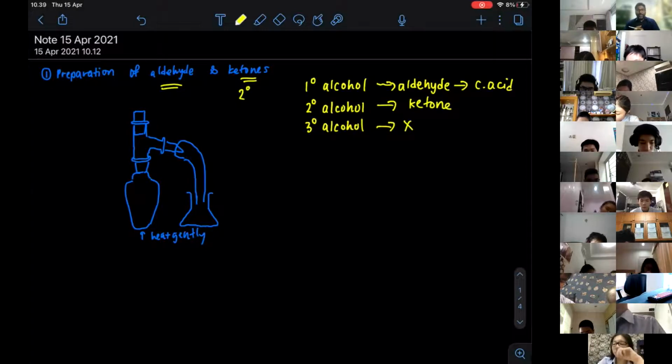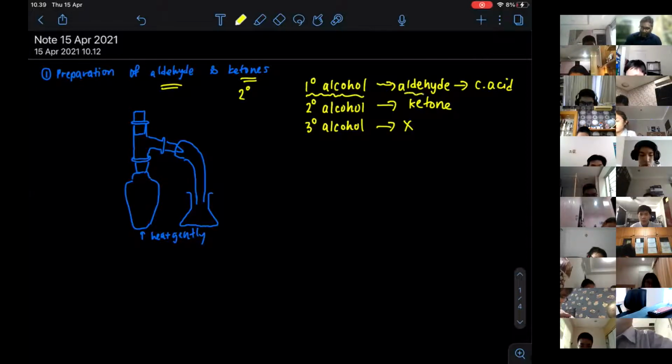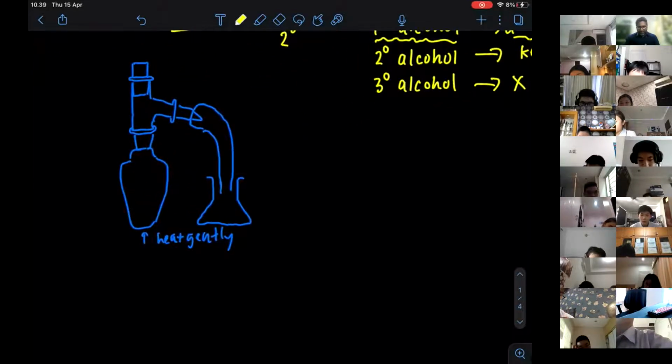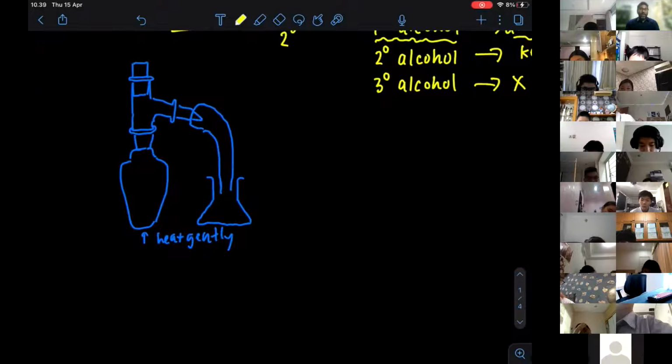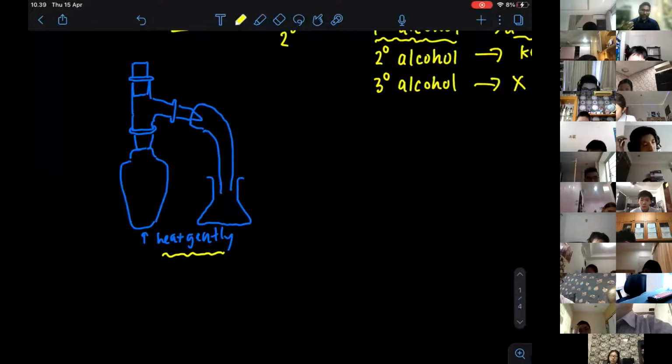Now, the only problem here is how do we prepare aldehyde? Because when you oxidize primary alcohol, you are going to have aldehyde, but this aldehyde can be converted into carboxylic acid. So you need to be very careful not to convert them into carboxylic acid. The setup will be something like this. But you need to heat them gently, the primary alcohol. It is also like heating in reflux, but heat them gently, and we are going to add